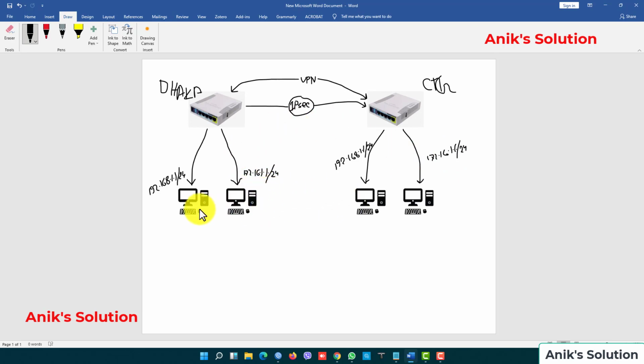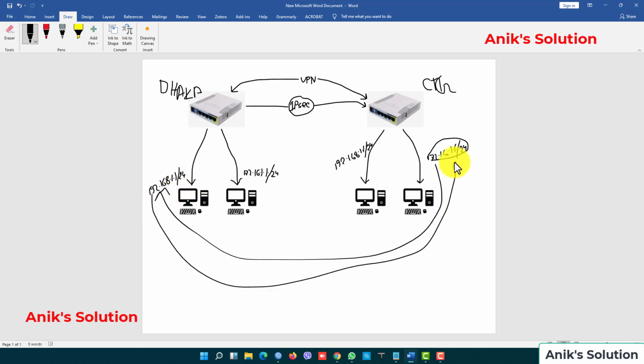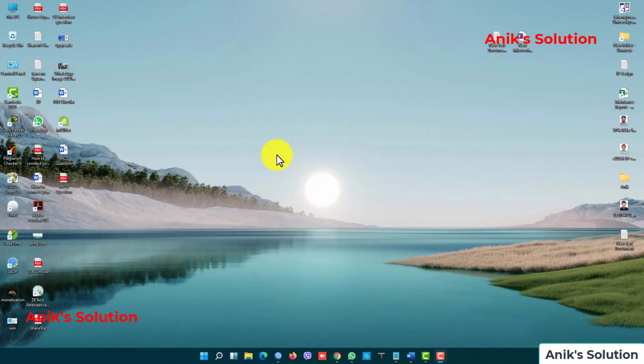This is our network diagram, but in this situation we cannot ping between these IPs. So we configure this site-to-site VPN, then the 192 series IP can ping the 172 series IP, and the 172 series IP can ping the 192 series IP. So let's do it.